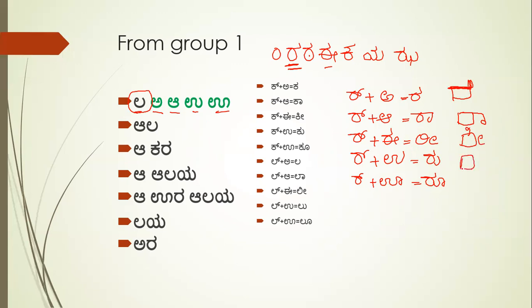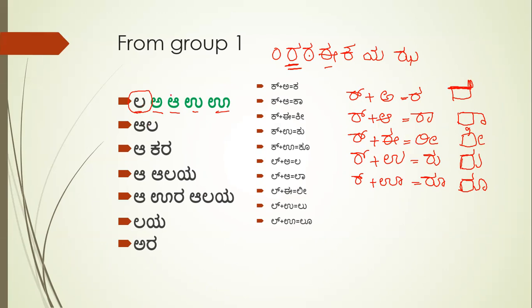Then in a box, put any letter with Talekattu above and a side extension, and it becomes U, like Ru, Ku, Yu, Ju, like that. Then in a box, Talekattu above and a side curving is called big U, like Ru, Ku, Yu, Ju. These are the things. Now, I hope you understood this.